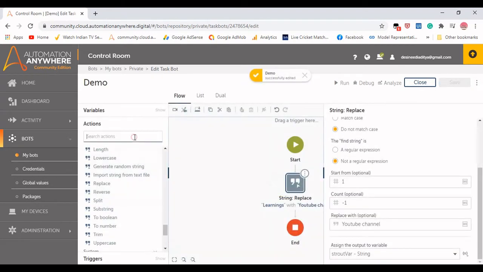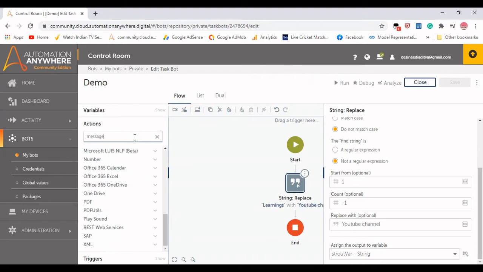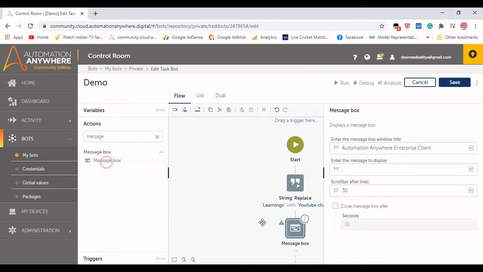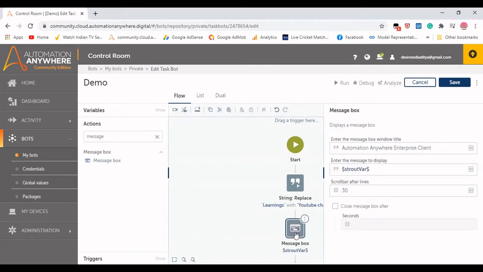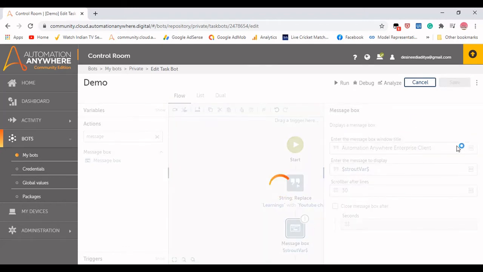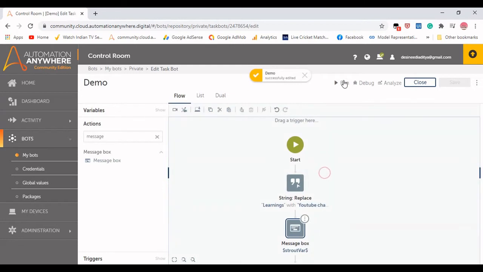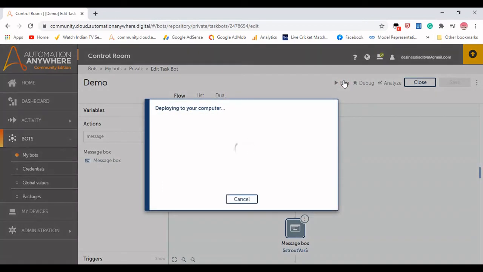Now I need to drag a message box to pop up the output. Let me double click there, and you need to select the string variable here, which is str out. So that's it on the replace command. Let us check whether we are able to execute this command perfectly.